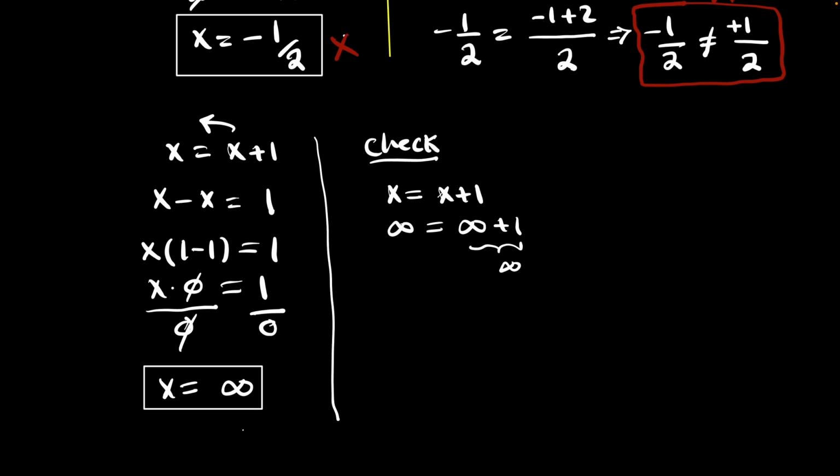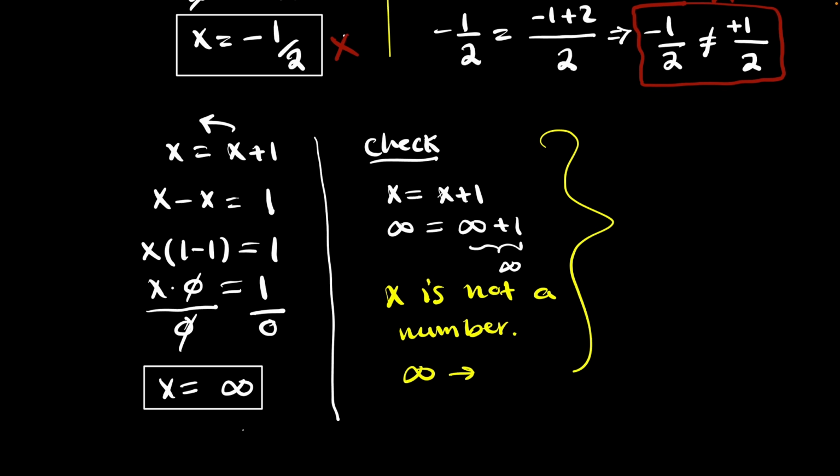the nuance point here is that infinity is not a number. We don't know what infinity is. Infinity is something ambiguous, something unknown. That's why we cannot say that x is equal to infinity. So that's why, from these two demonstrations, we can say as a result